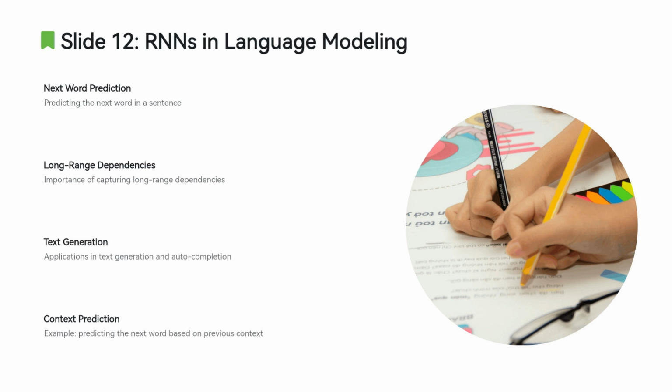This type of model is used in applications like auto-completion, where the model suggests the next word or phrase based on the user's input. Language models trained with RNNs, especially LSTMs or GRUs, have been fundamental in building systems for speech recognition, text generation, and machine translation. By learning from vast amounts of text data, RNNs can generate human-like text that follows grammatical structure and makes semantic